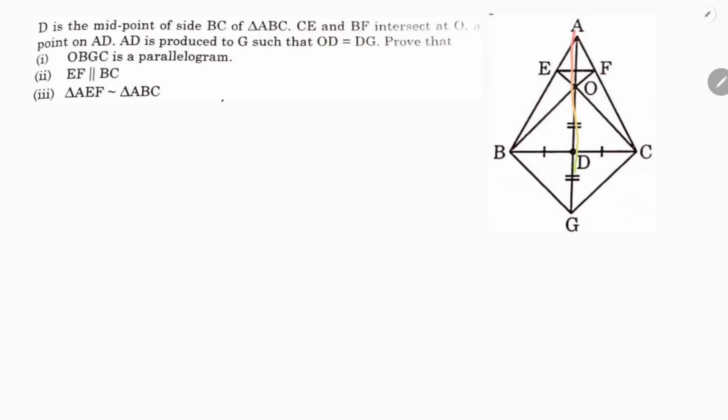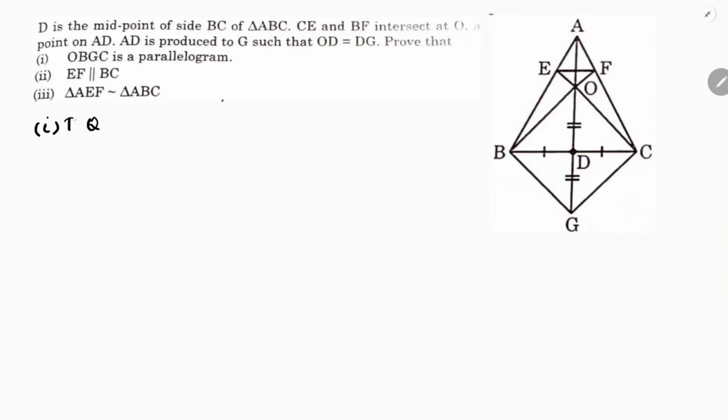AD is produced to G such that OD equals DG. First they told that BD is equal to DC, and now they gave the information that OD is equal to DG. So here, first we need to prove OBGC is a parallelogram. I'll not write given here, I'll prove. So first proof,